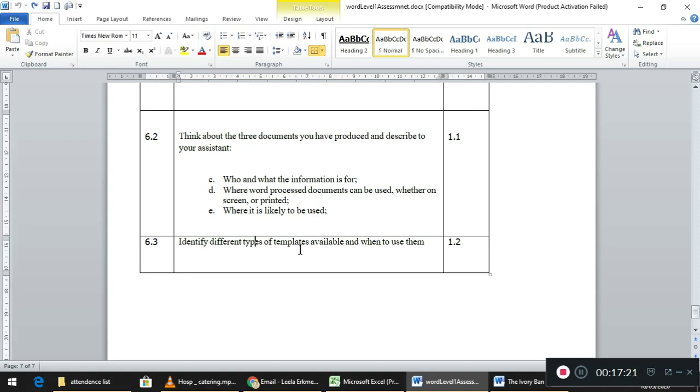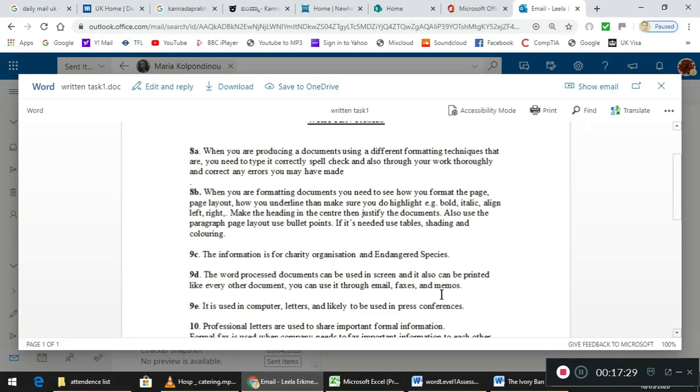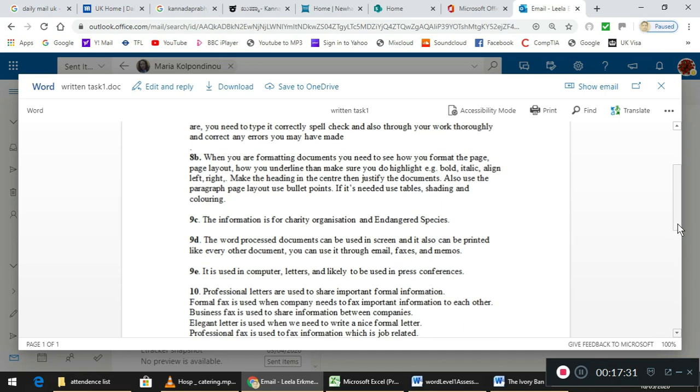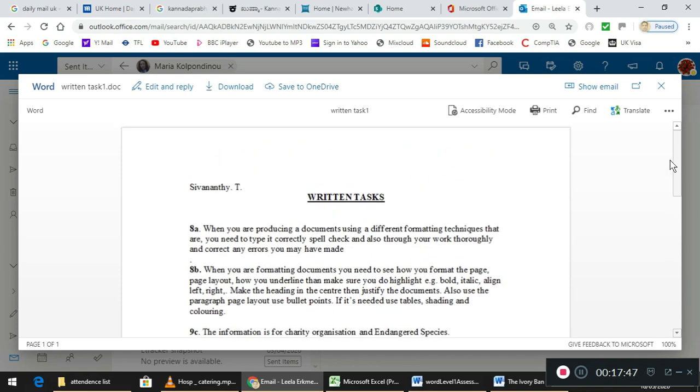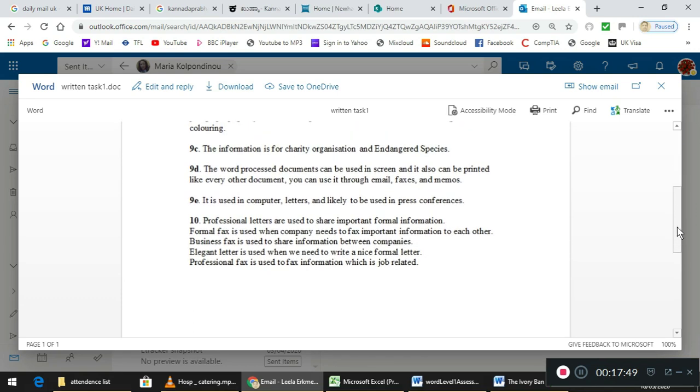Identify different types of templates available and when to use them. Different types of templates available to us are letters, CVs, memos, business fax, elegant letter, professional fax. So you can identify one or two templates that we have used, and you can just write one or two lines about each. So what I want you to do is type answers, use your